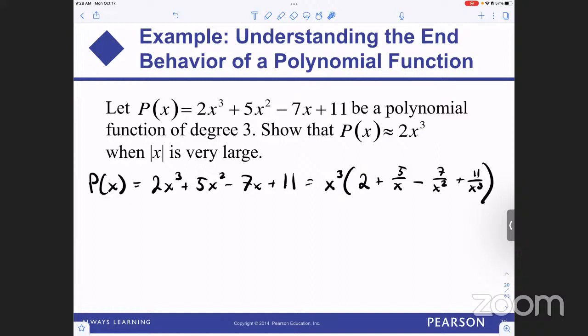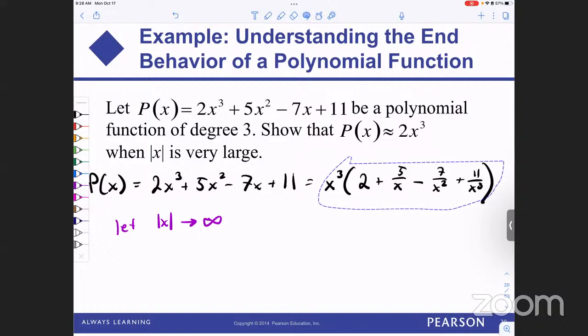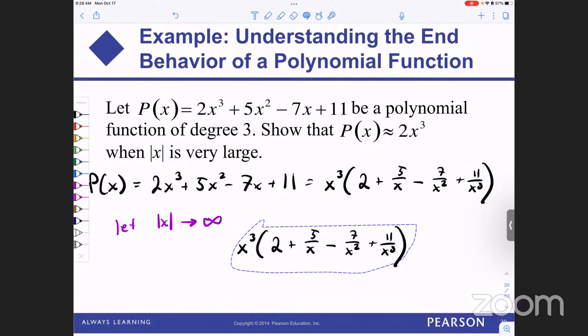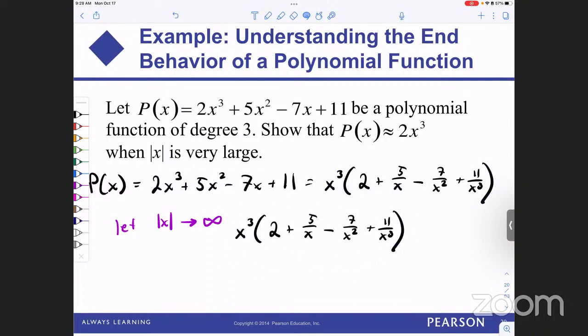Then we want to consider, let's say, letting the absolute value of x go to infinity, right? So as the absolute value of x gets really, really big, what happens to our terms? So as we let the absolute value of x go to infinity, let's see if you guys can get it. Say we focus on this term here. If the top stays 5,